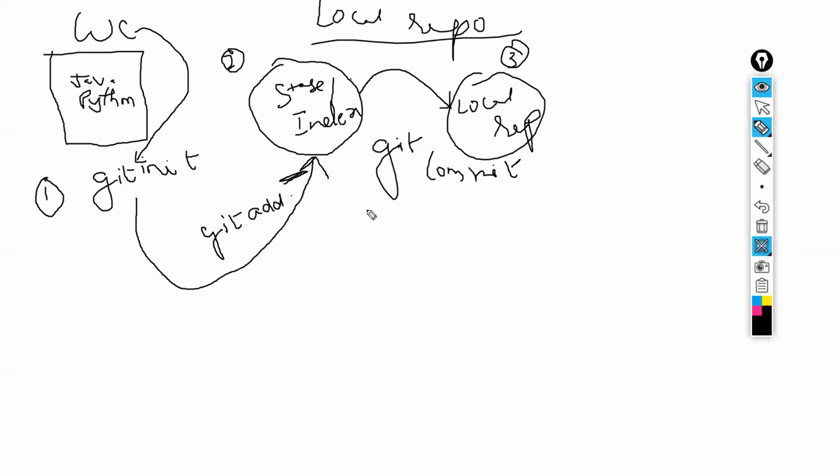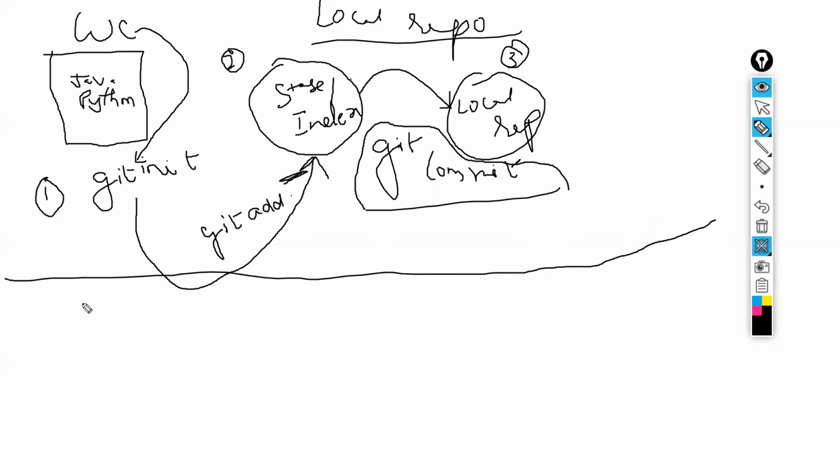So what we need to remember is git commit will never push the code from local repository to remote repository. Git commit is used to push code from staged area to local repository. So now our working copy code is present in local repository.